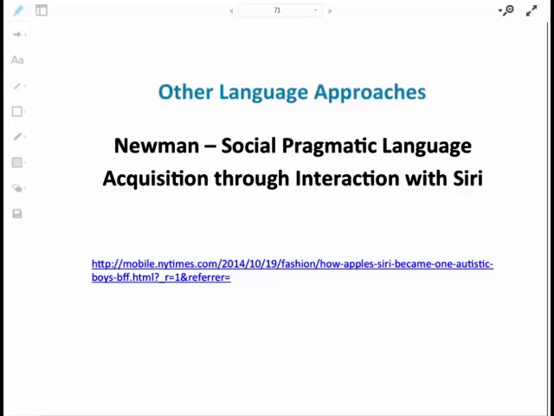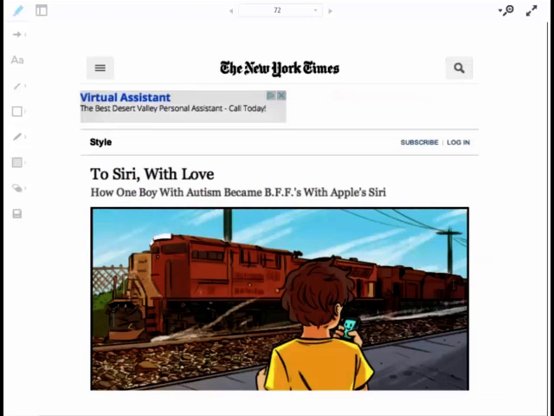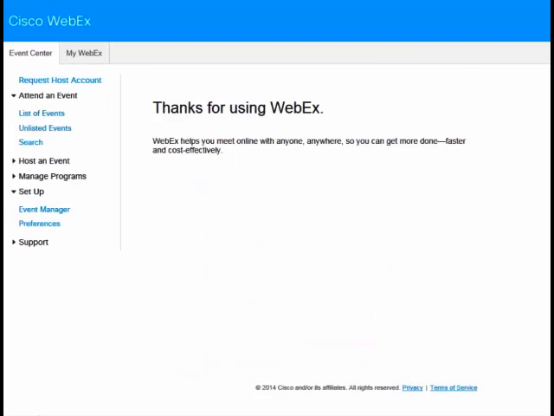Again, interesting, and I wouldn't suggest that we shouldn't think about it. Her article was titled Siri with Love, How One Boy with Autism Became Best Friends with Apple's Siri. I think the paper had some important points to be made, especially about voice recognition. She makes a comment that she saw that her son,